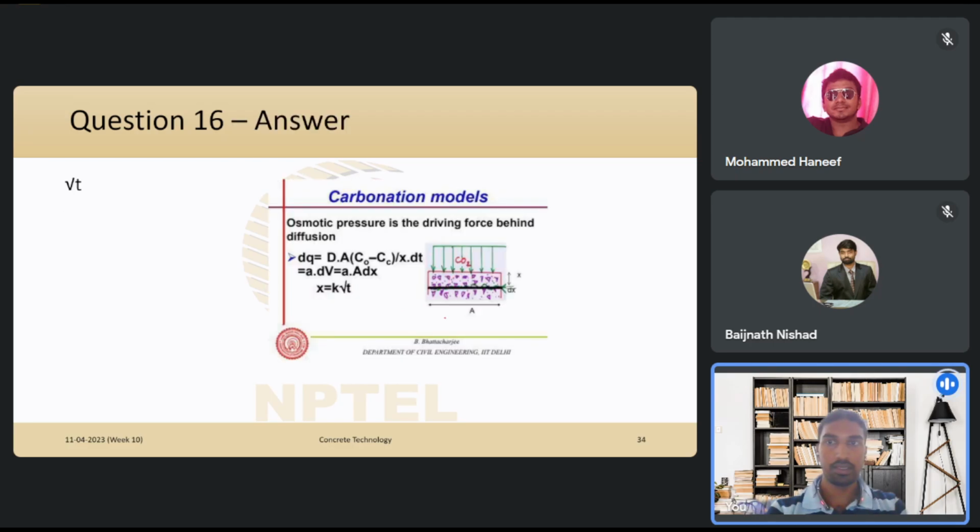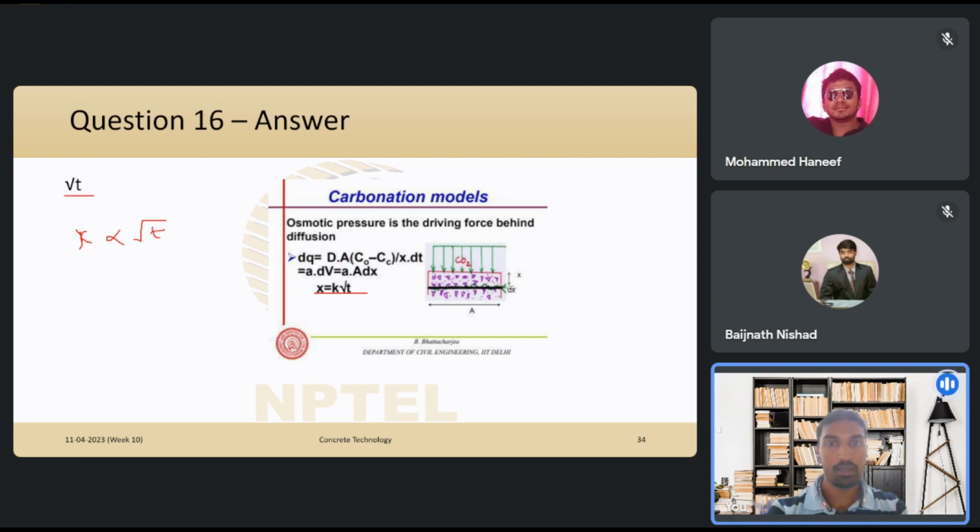So the answer is that it is proportional to root t, right? So if x is the depth of penetration, then x is proportional to the square root of the time that it is exposed to the environment. So this is one of the carbonation models that we saw, that x is equal to k root t, where the proportionality constant is k, so it varies as a function of root t. So this we saw, that the depth of the carbonation is actually